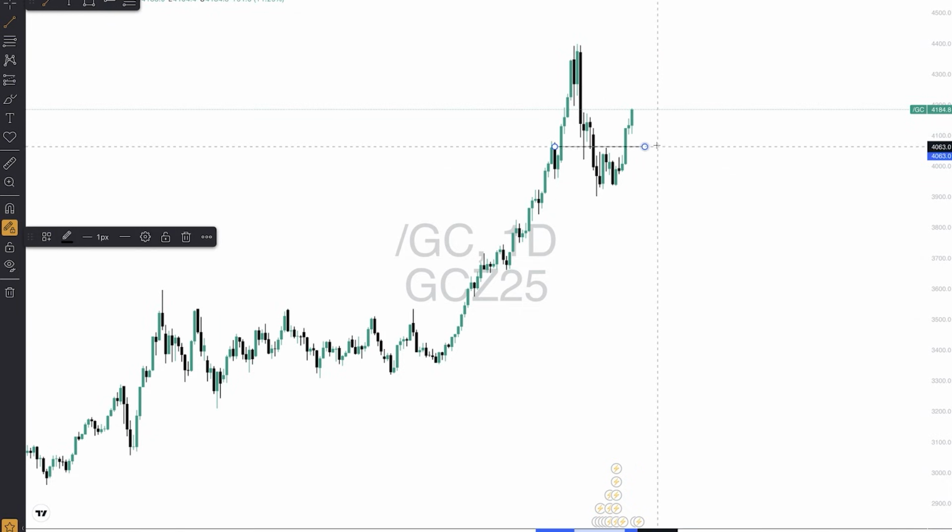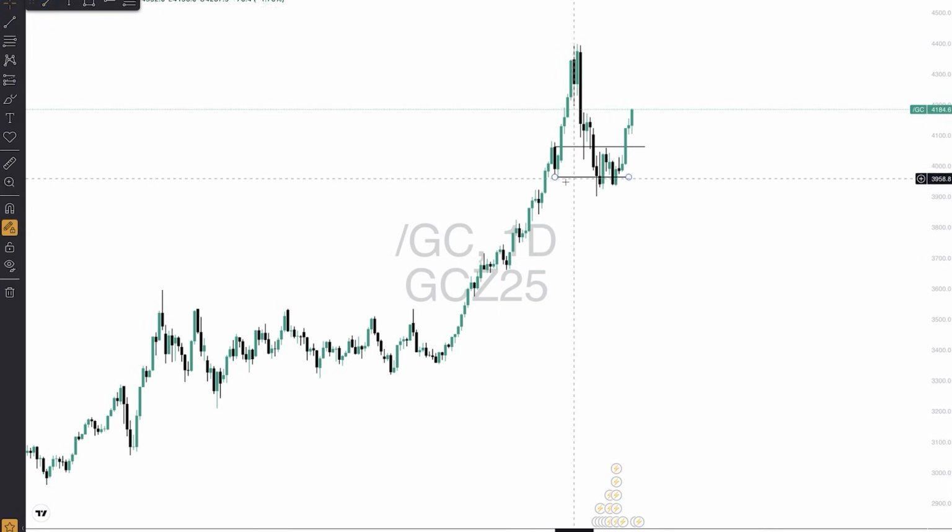And what happened next, guys? Look at this. It violated this bullish order block by violating the 50% of that bullish order block here, right? This candle here. And look what happened next here. Price traded lower and attacked what? The sell side liquidity. Exactly what I was just talking to you guys about, right?